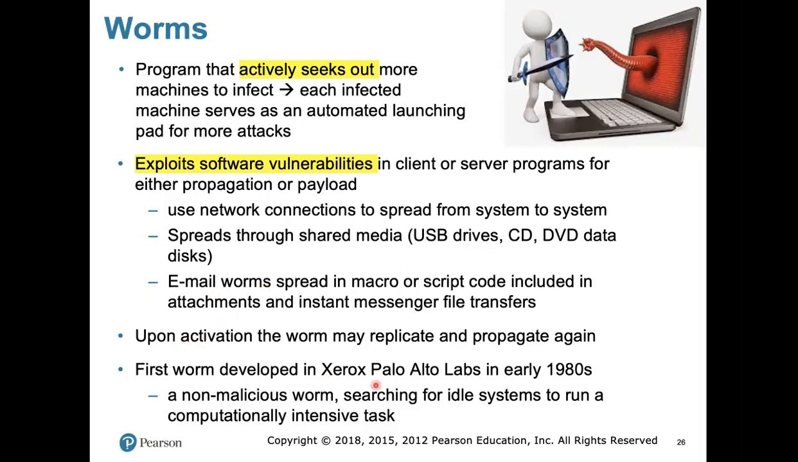And upon activation, of course, they try to replicate themselves and propagate, and also infect and damage the infected system. This is the first worm ever developed, in the 1980s by Xerox Palo Alto Lab. It was a non-malicious worm, just seeking idle systems in order to run a heavily computation-intensive task, which actually makes sense now given the explanation I gave you the other day about cryptographic currencies, or cryptocurrencies. This might be another rise in developing worms. Okay,